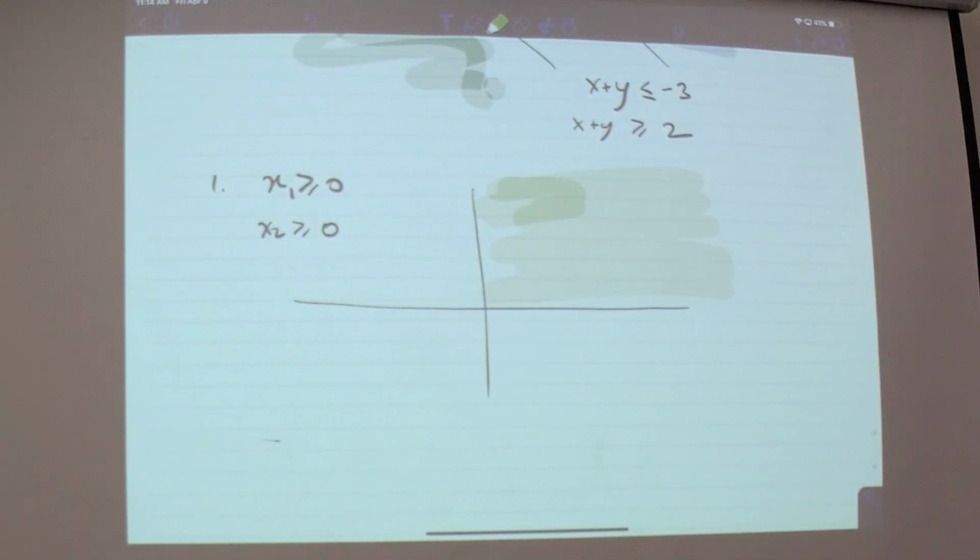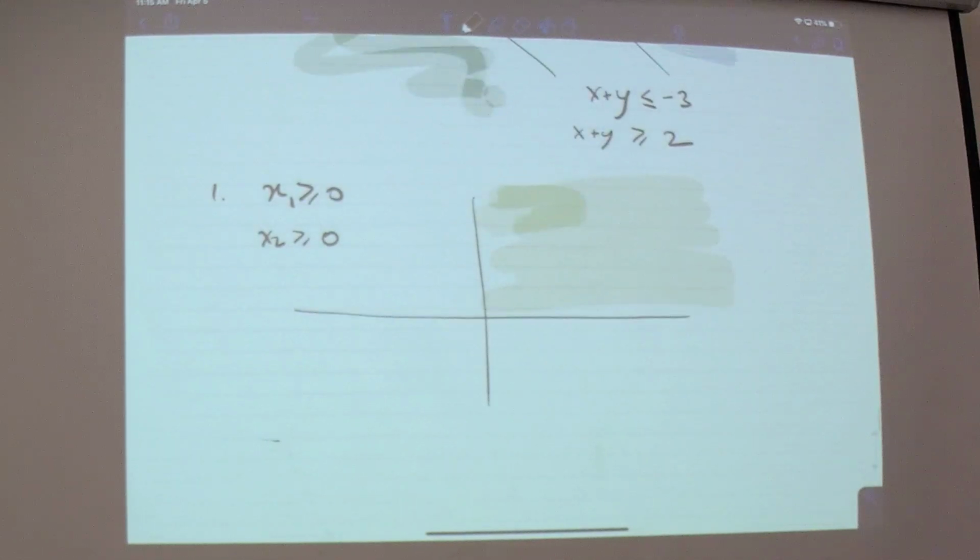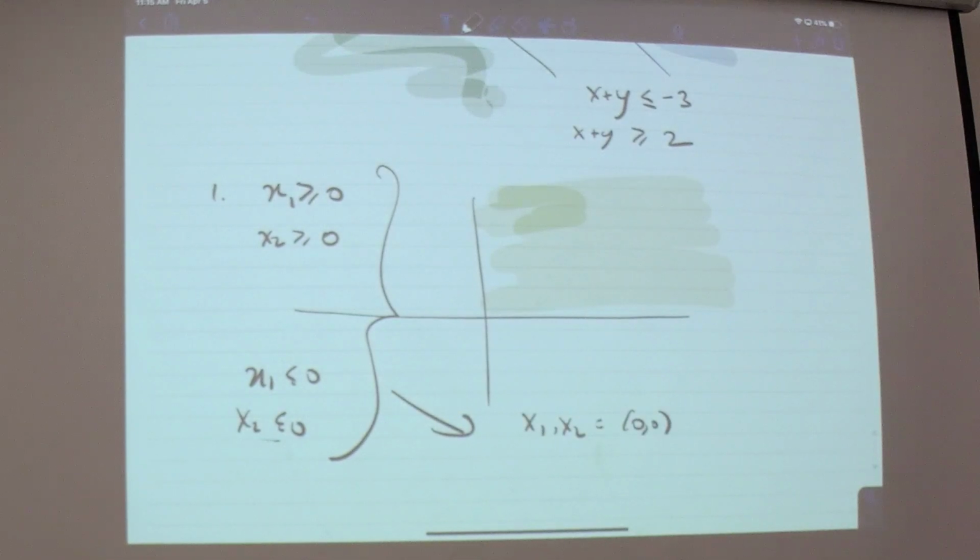And you could have just one exact solution, right? So suppose you had a case with exactly one solution. As we said, we can have equality constraints. Suppose I add now x1 less than or equal to 0 and x2 less than or equal to 0. The solution of all of these, x1 comma x2 equal to 0 comma 0, is the only feasible solution. You have 1 point.